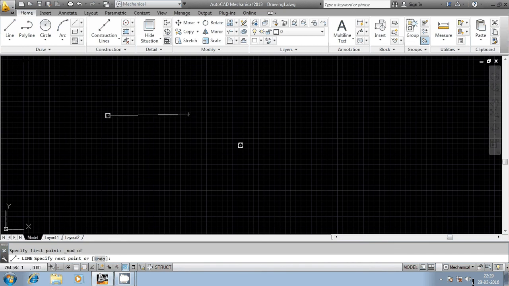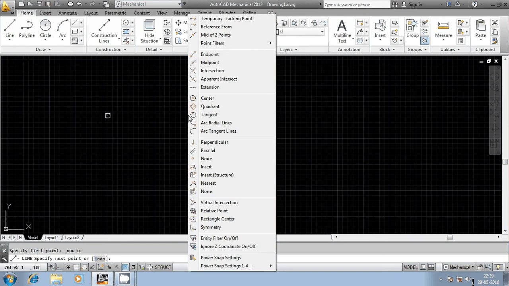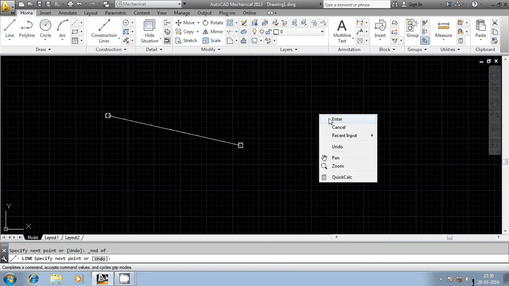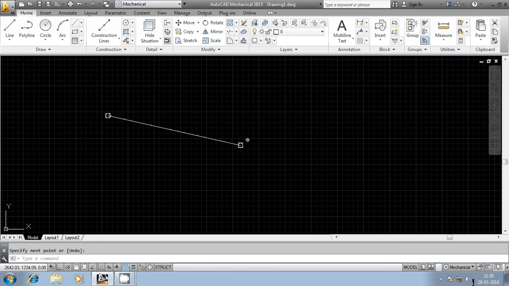Press control and the right mouse button again, select node, move the cursor onto the other point and left click. Then you can press escape, enter, or space bar, or right click and press enter or cancel in order to terminate this command.